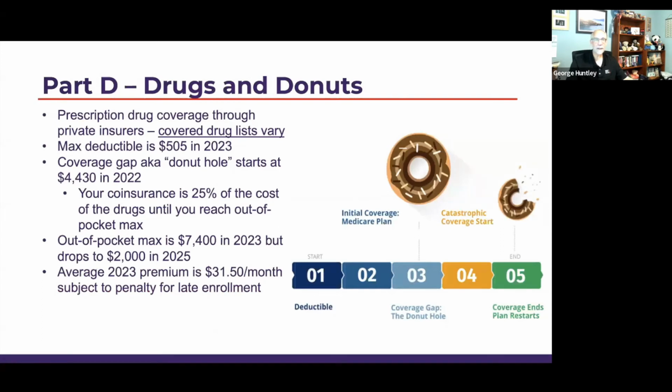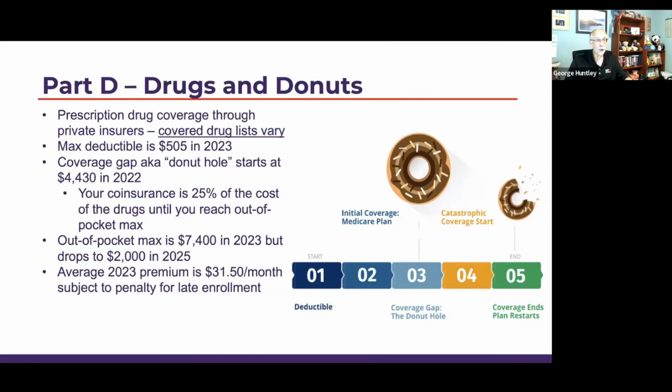Drugs and donuts, aren't that exciting? So the donut hole, in theory, was closed by the Affordable Care Act and ended last year. The problem is it really didn't totally end, because most people are in a plan where you have a deductible and then you have coverage, and that coverage is typically like a copay. You're paying $35. When you hit, in 2022, $4,430, now you've moved from a copay to co-insurance. Now, the good news is the co-insurance is 25%, whereas before the Affordable Care Act and some of those things that tapered it out, it was 100% and people were going crazy.